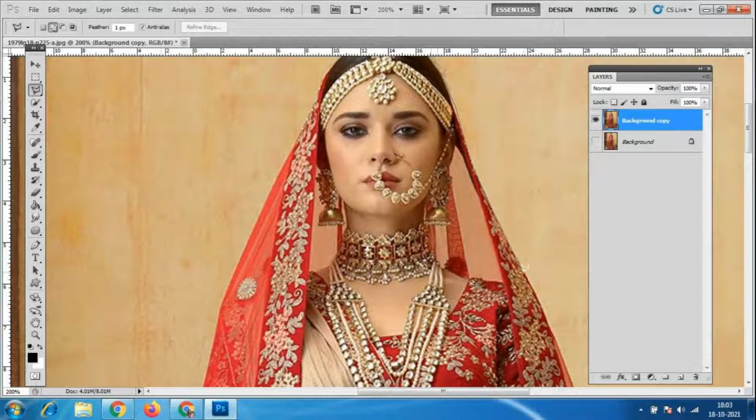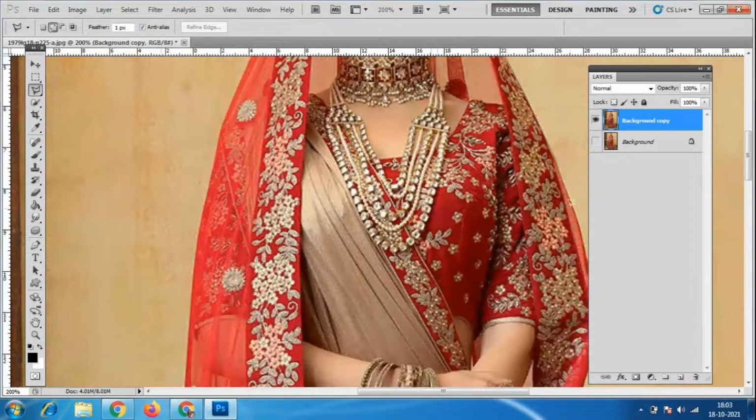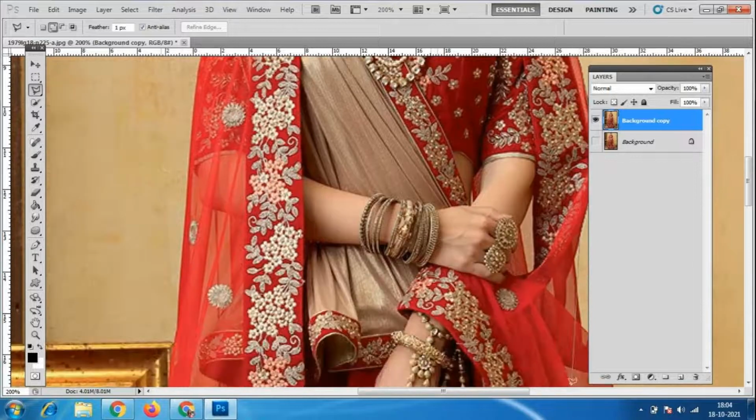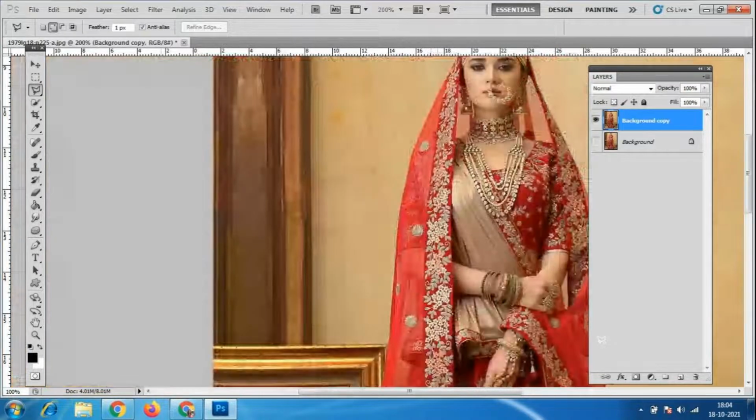Some of the students have cut the image, but you have to cut neatly like this, because if you are handling images of celebrities, you will get a very good pay. At that time you have to use Control minus.